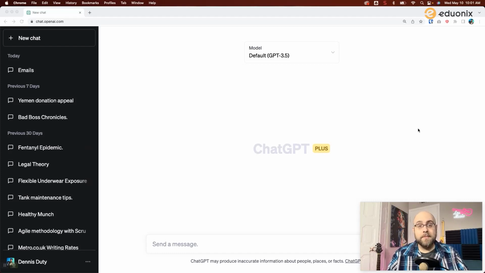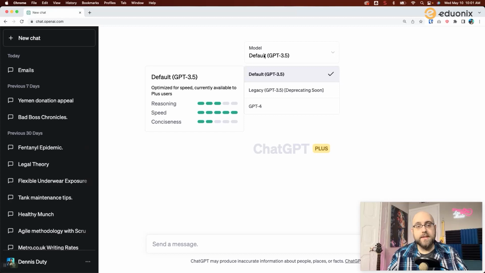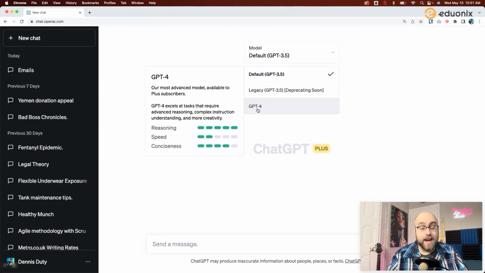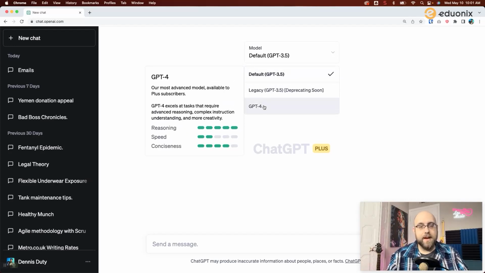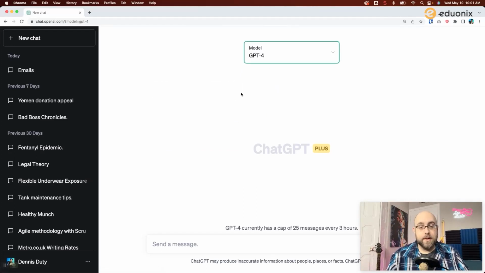So I'm in ChatGPT here, and I'm going to use the advanced model, ChatGPT 4. It says here, speed is low. It's not just that. It's also, you get more errors with it. So we'll see how this goes. If you need reliability, go with ChatGPT 3.5, but it's not going to be as well written or as good, and you're not going to be able to do any of these tricks. But if you're in a pinch, go for 3.5. We're going to be going for ChatGPT 4. And what we are going to ask it